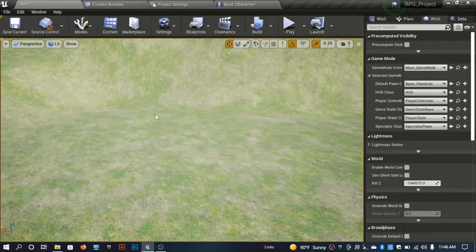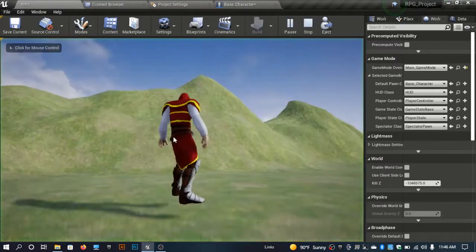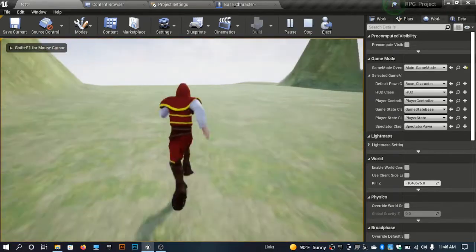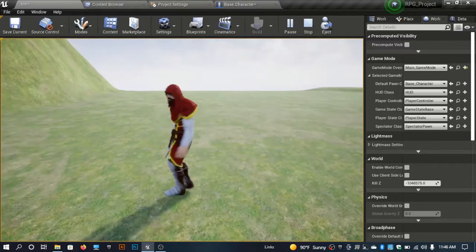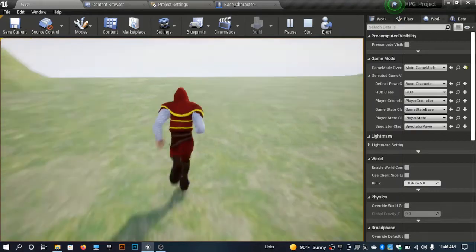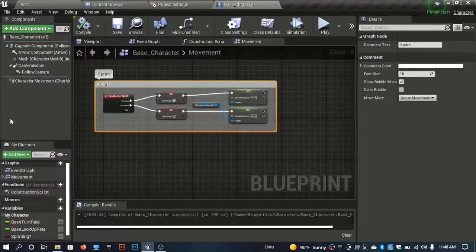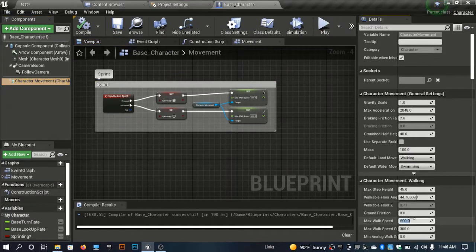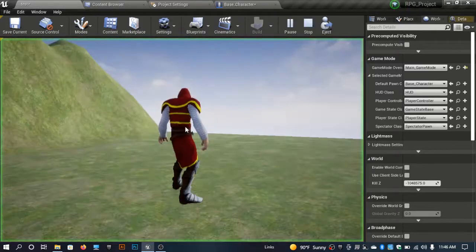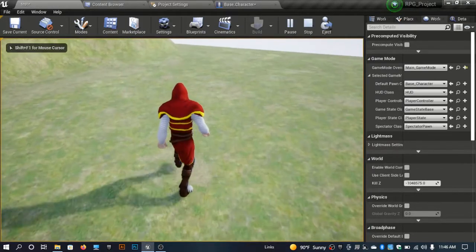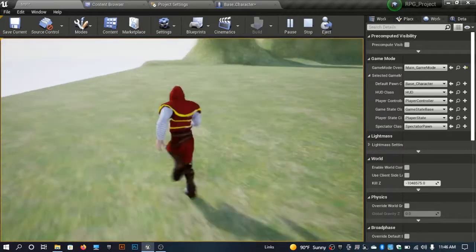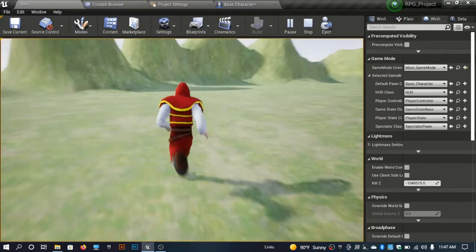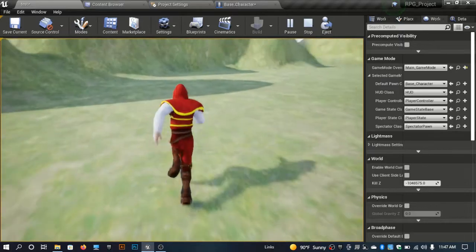So here I'll try playing now. By default our character starts with sprinting, because the default max walk speed value is set to 600 here. So I'll set this to something like 200. So now our character starts by walking, but this speed is not enough, and this animation. So now when I press shift, I'm sprinting. When I release it,